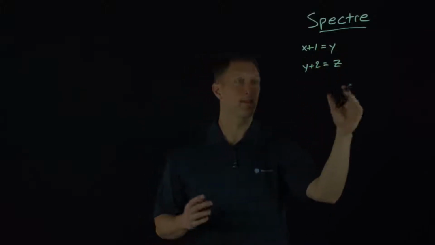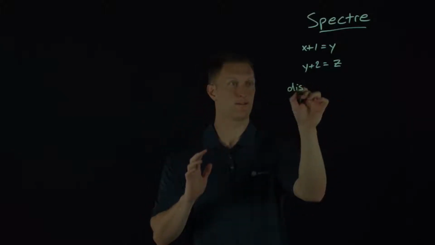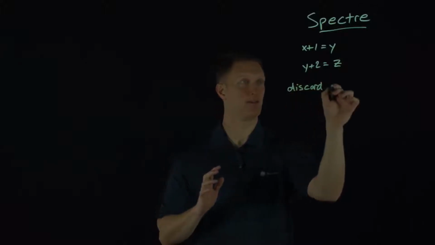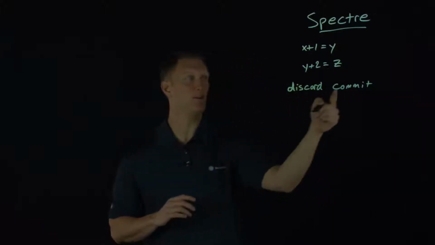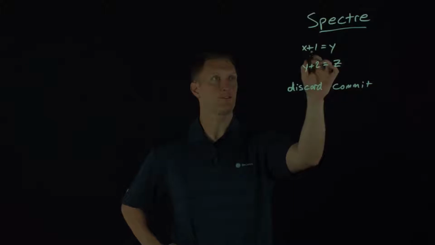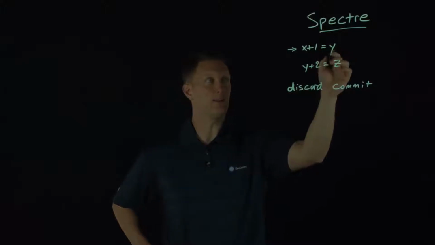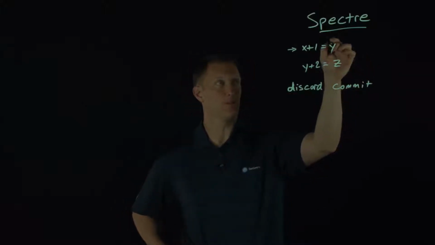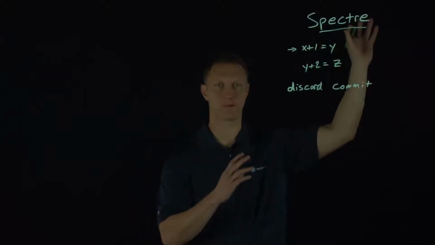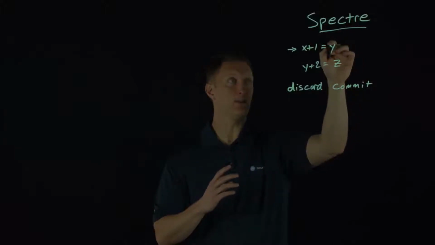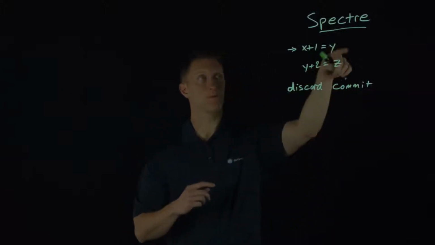So when it does that, there's a couple of different terms to keep in mind as well, and they are discard and commit, C-O-M-M-I-T. All right, discard and commit. What happens is, if a processor is executing this instruction, x plus 1 equals y, and the memory space that would hold the value for y is being held by some other process right now and is not available yet, then it goes ahead and speculates the value for y and executes this,